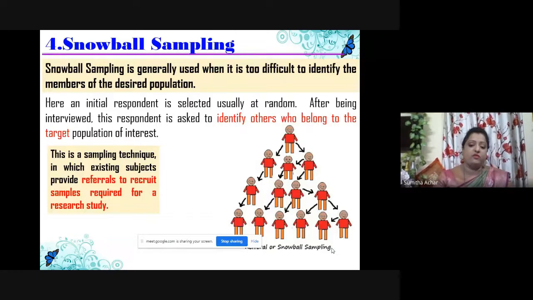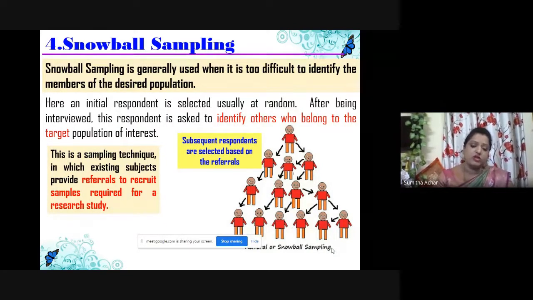For example, whenever we want to understand harassment in the workplace, people will normally not open up and tell that they are harassed by higher-ups or anybody, right? The workplace harassment. So you catch hold of one person and you understand that the person is harassed, and you connect to the person and collect the data from them, and then ask for referrals. Then the person is able to identify and give you the referrals, and it keeps going. Now, the basic drawback of this particular method is the time consumption. It may take a longer period of time for you to collect the actual data, but whoever is included will be the right samples for your study.